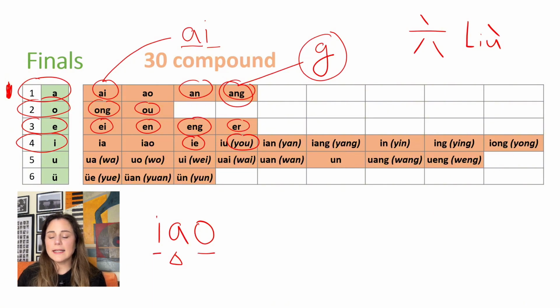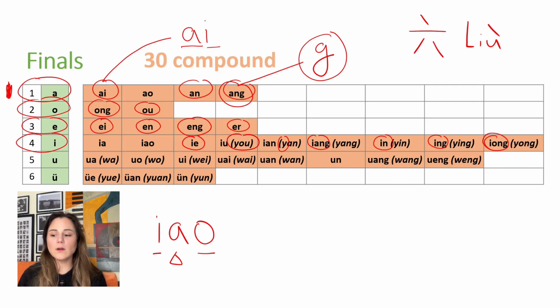Next one, it is written I-An, but it's Yan, Yan. So this Y here is a transitional, Yan. Then Yang, Yang, Yin, Yin, Ying, Ying,